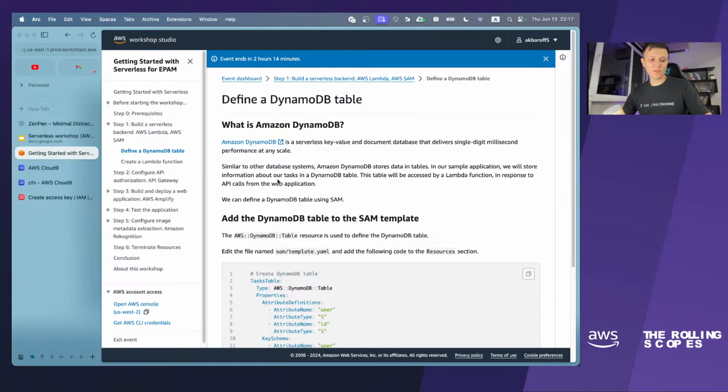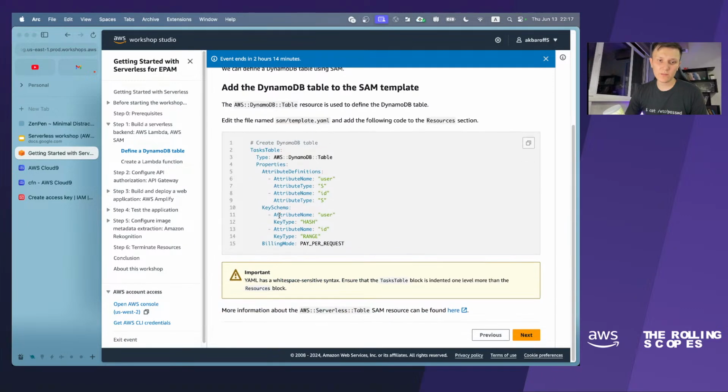I told you that we will use a DynamoDB table to keep the data, but it does not exist in the template. So what should we do? We have to add the DynamoDB table to the SAM template.